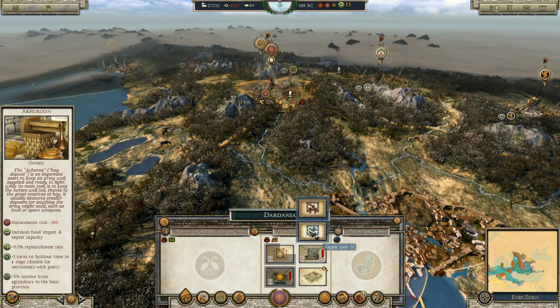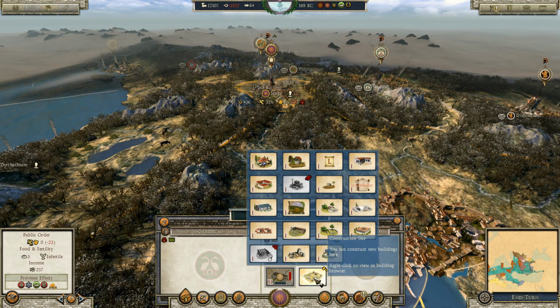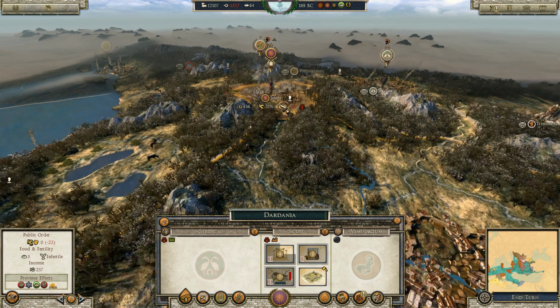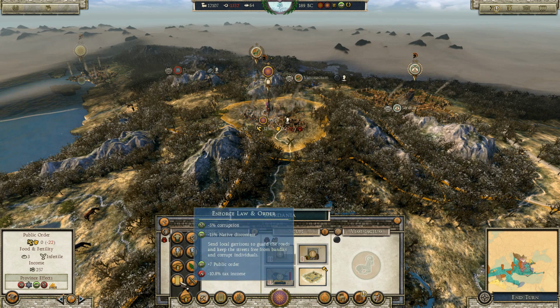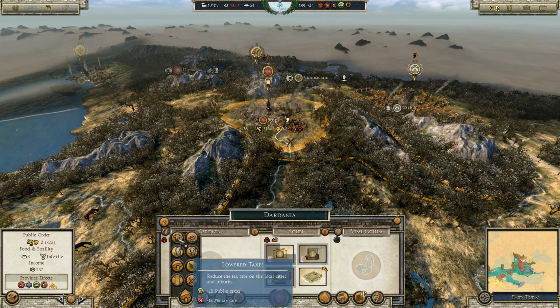But up in Scupi, we've got to repair some of these here. And what is their main problem? Because they're still minus 22. So we need to get... Actually, I may not need that anymore. So if we go to +7 public order to slow it down...